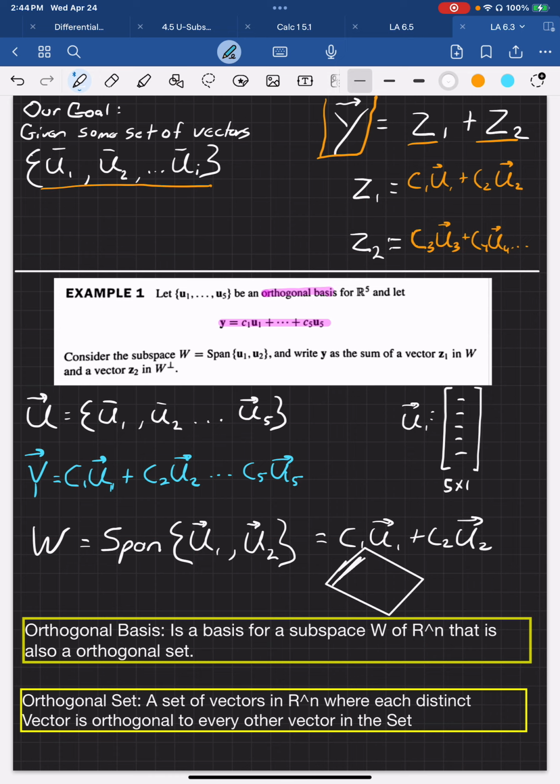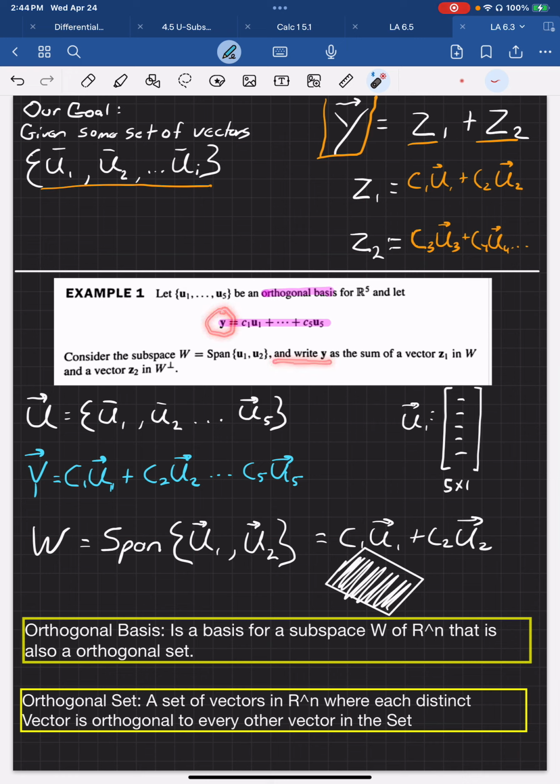So W is some two-dimensional cross section of an otherwise fifth dimensional space. Okay, let me continue, and then we're going to have to go to the next page to actually solve the problem. So our job is to write